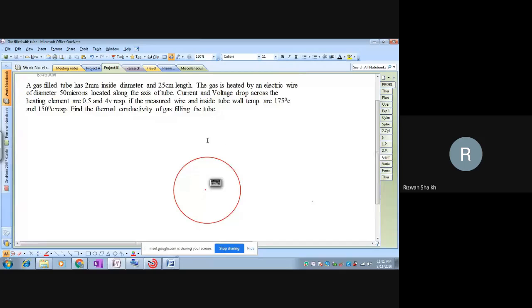Now everybody has seen the tube. Everybody at home has seen the tube. How does it look? I'll just draw it for you. It looks like a cylinder. Tube means I'm talking about a tube light. So suppose this is the tube light, and it is filled with the gases.